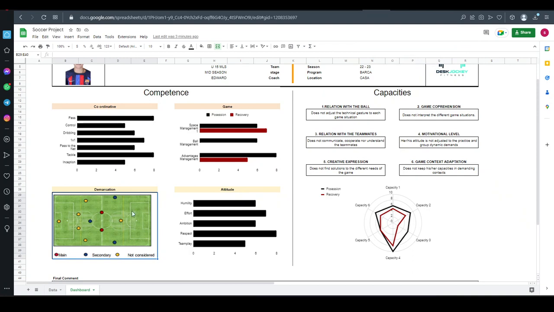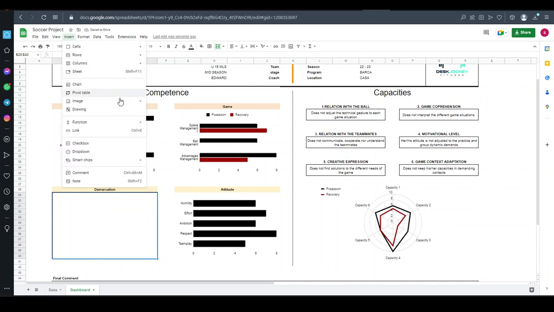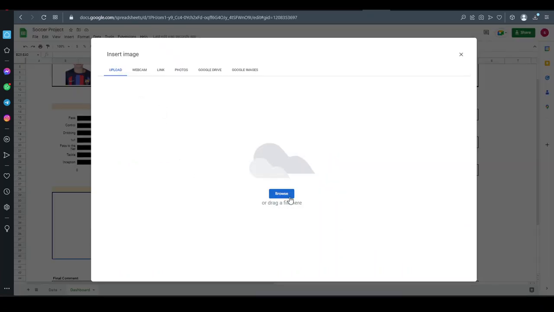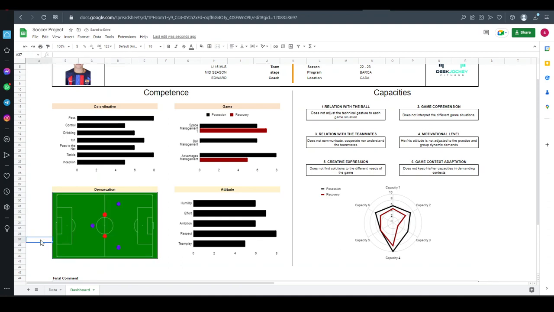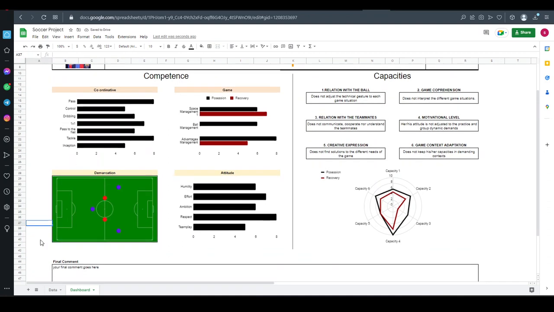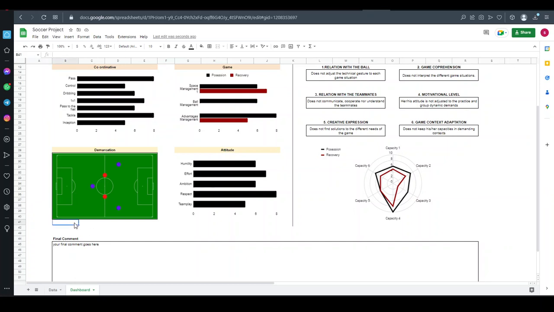Now you want to change the image. Click here, delete this image, go to insert image, insert image in cell. So this was the new image that I made there in Canva. So that's it. Your image is here, and here